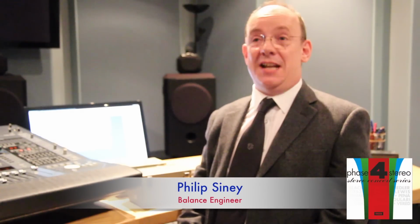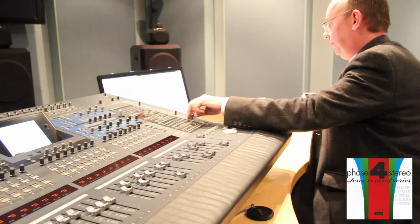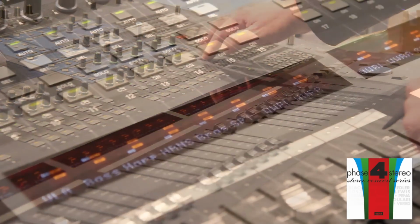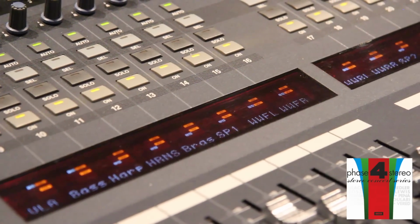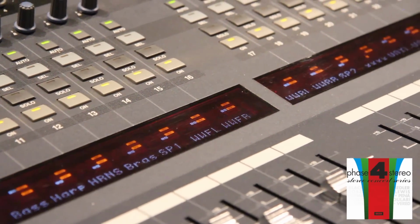I joined Decca in 1989 and I've been a balance engineer and recorded on many Decca productions since then. What made Phase 4 so unique in its philosophy was the idea to zoom in to various areas of the orchestra and spotlight them and highlight them and bring them out in the stereo panorama mix, where normal classical record